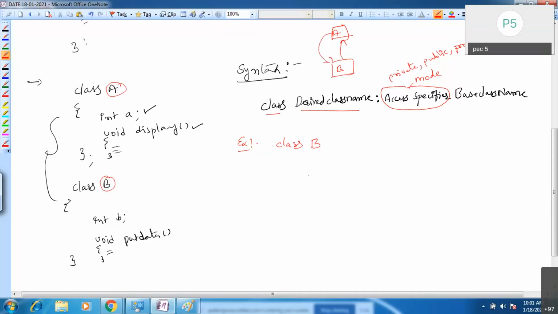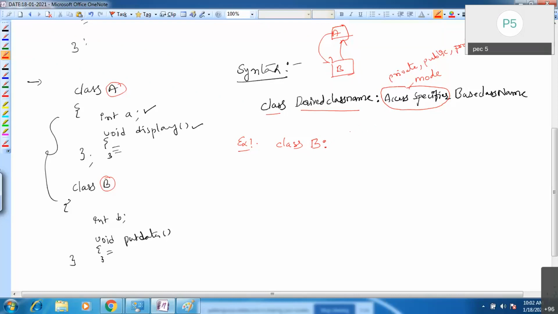Here you have class B, the derived class name, then a colon. This colon you can call the inheritance operator. We already use this colon along with the access specifiers inside the class, when writing private members, protected members, and public members. After mentioning the access specifier, you give a colon.